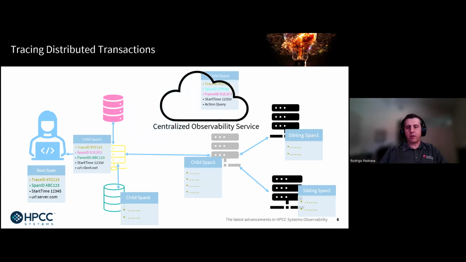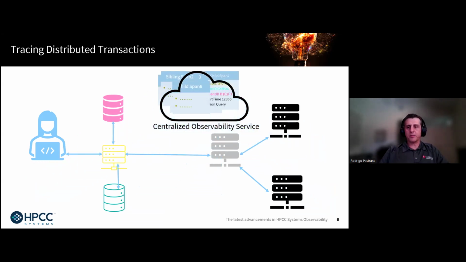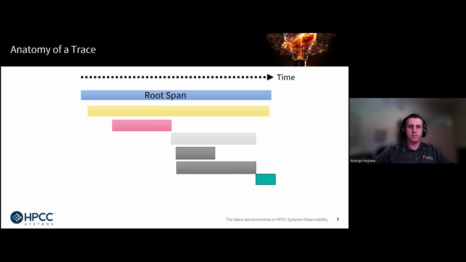As the sub-tasks are completed, end time is captured, and the span information is exported individually and independently to a centralized trace aggregator, which gathers, collates, and stores this information and provides visualization tools for analysis and tracking of the trace information. Okay, now let's take a closer look at the components of a typical trace visualization offered by these